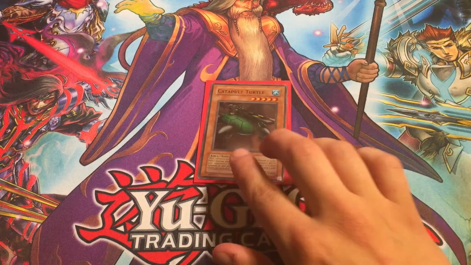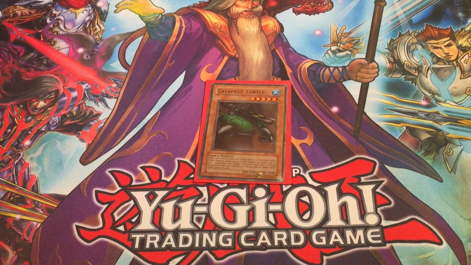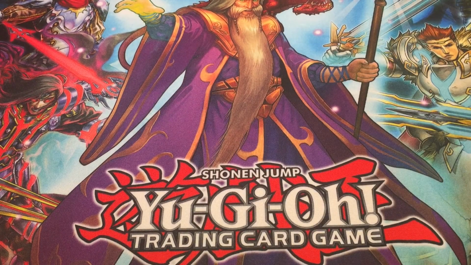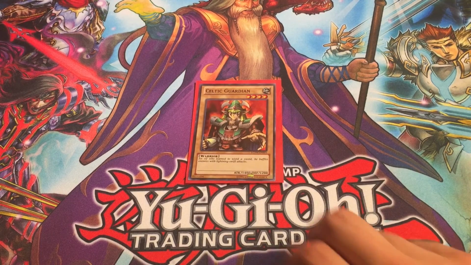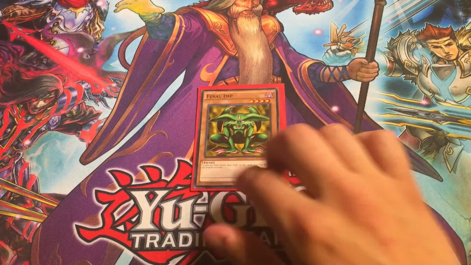We also have Catapult Turtle. This card, you can sacrifice, offer one of your monsters, to inflict some damage to your opponent. Not a bad 1-star tribute with 2,000 defense, but you do have some better defense walls in this deck. But some of the original OG classics we have here, Celtic Guardian. Not much else to be said about that. Yugi plays a lot of vanilla cards. We also have Feral Imp,